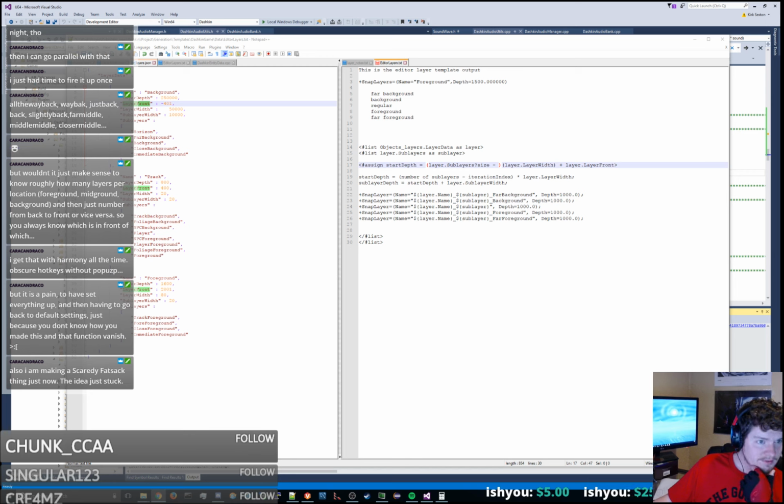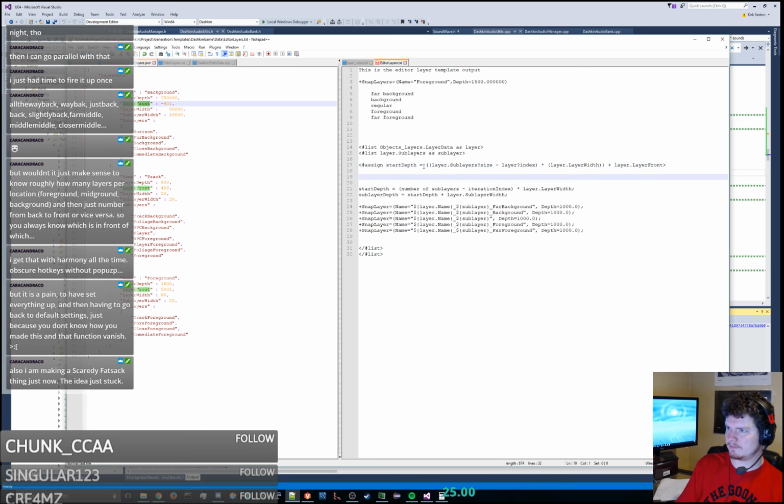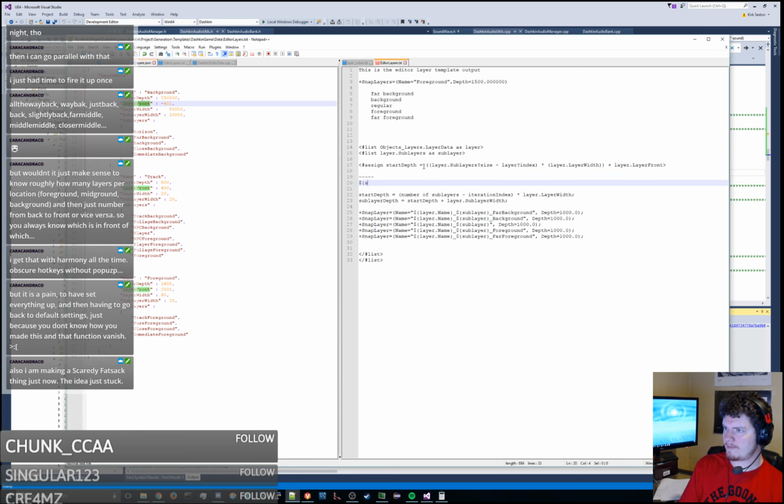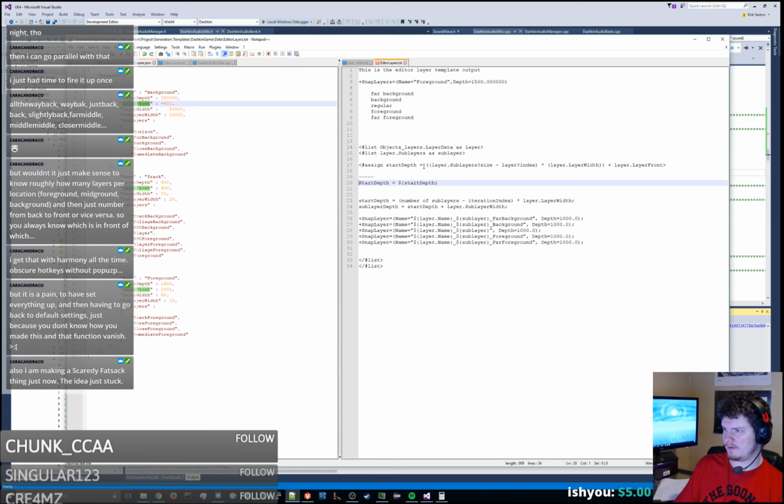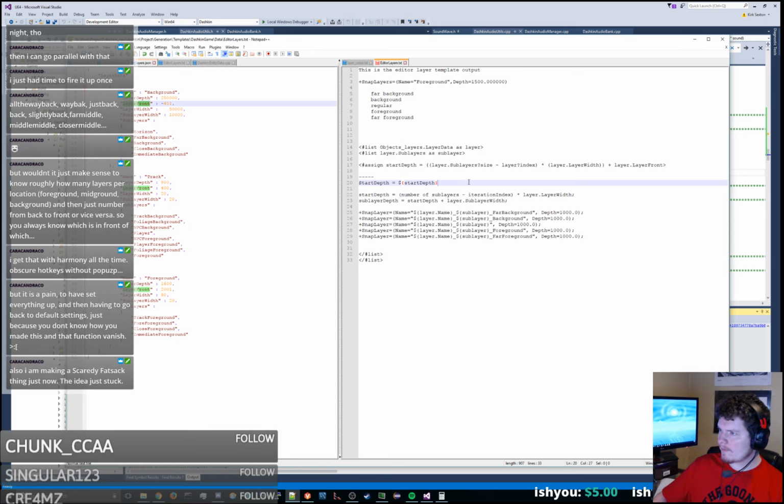So I guess it's I question mark index, so it's going to be layer index multiplied by layer width. So we're going to say start depth is there, and for each sublayer, we're actually going to put this in here. It's going to be start depth